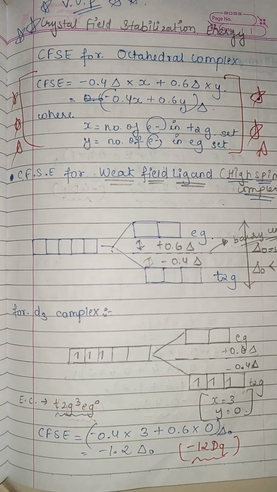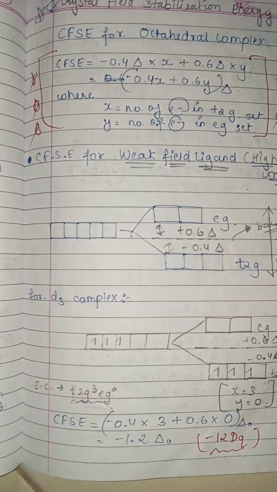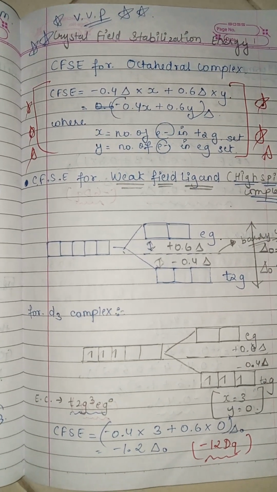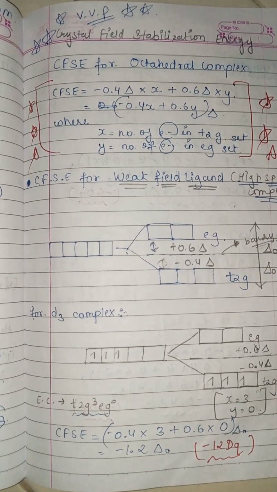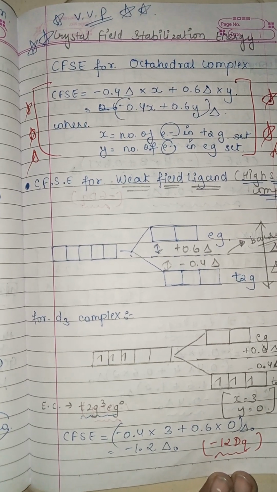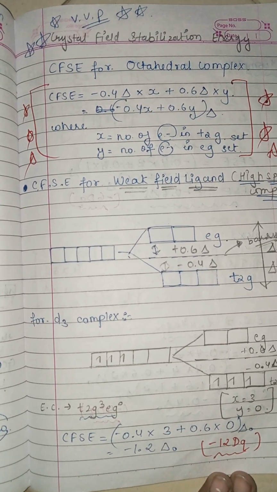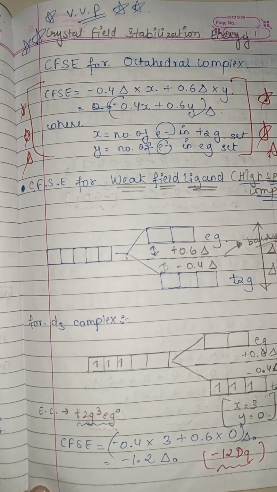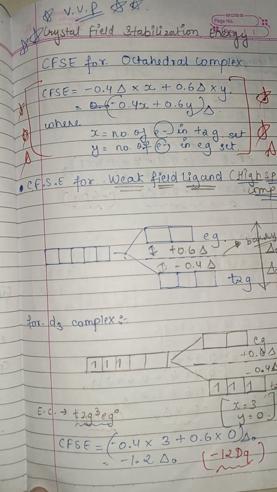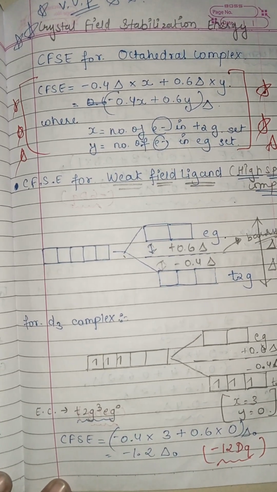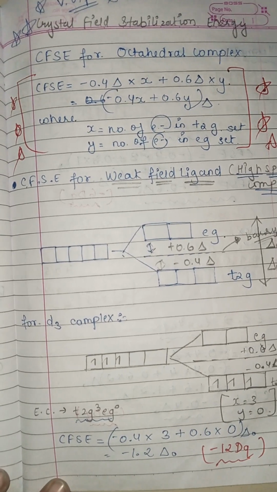Hello, today we'll learn about crystal field stabilization energy in octahedral complexes. For octahedral complexes, we know the metal is bonded with 6 ligands, and if we have to calculate the energy, the formula is right here as given: minus 0.4 delta into x plus 0.6 delta